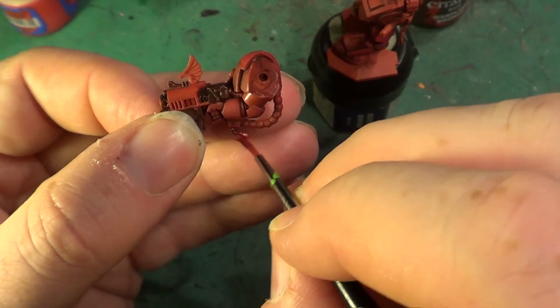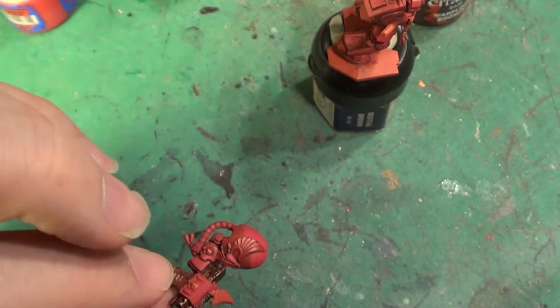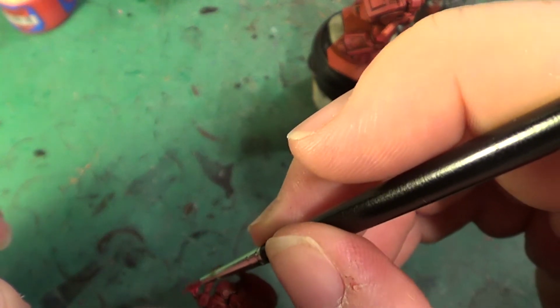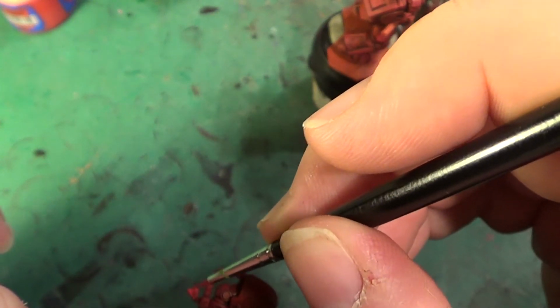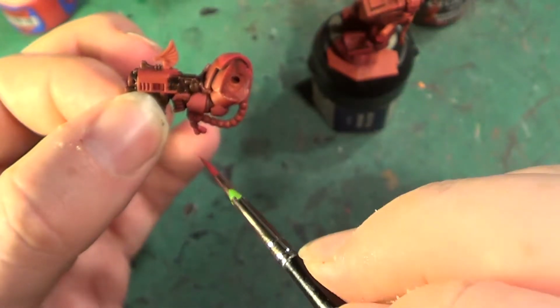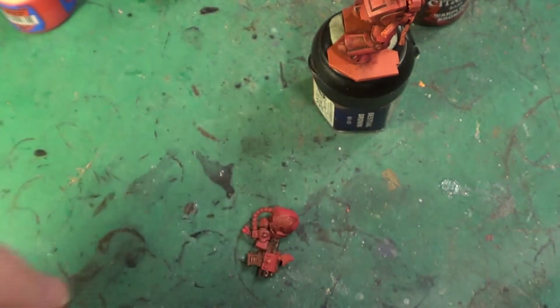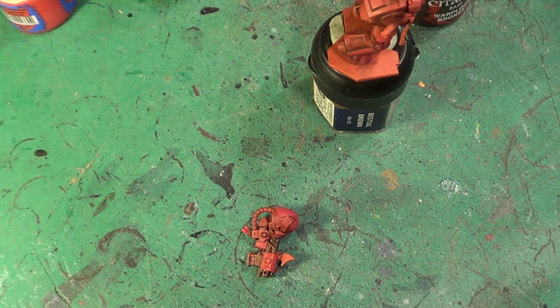I'm just going to paint these two little bits there. They're going to be blood drops. So we'll leave that as that for the time being. And we're going to get out another colour. How are we for time on this? Well, we've gone over half an hour, so